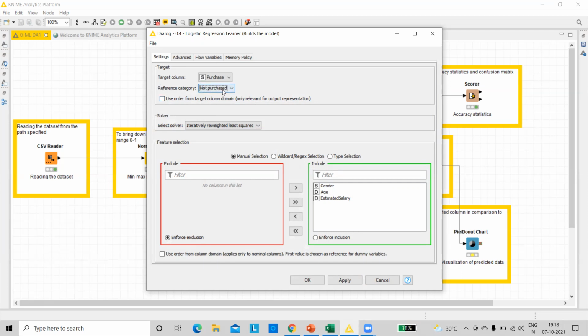If I give purchased over here, the prediction table will show the probability that the customer did not purchase the product. So if I set non-purchase as the reference category, I'll get the probability that the customer will purchase the product, and vice versa. I've set it to non-purchased over here because I want to see the probability of customers purchasing the product.